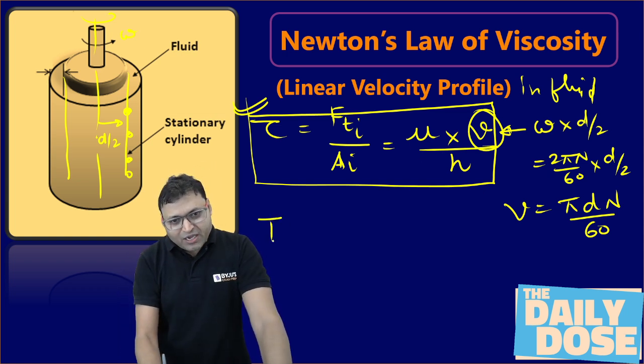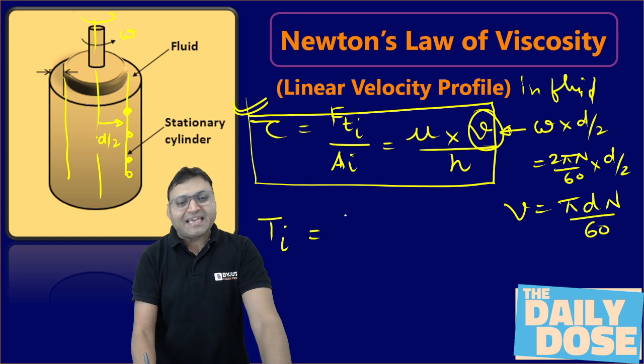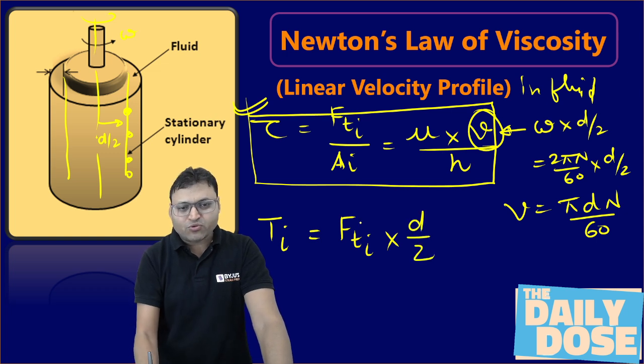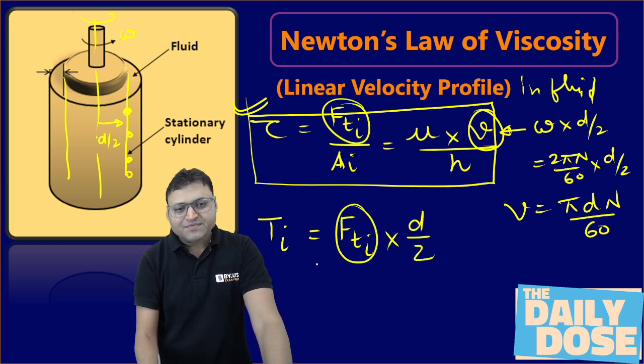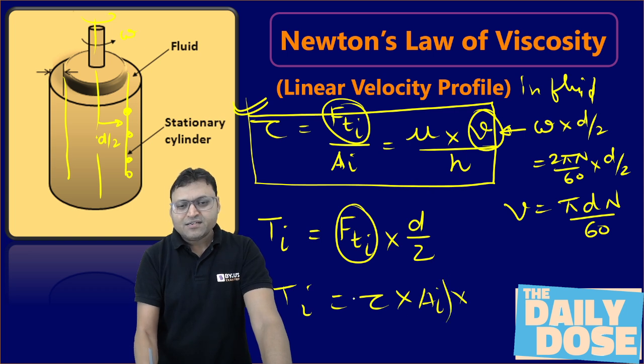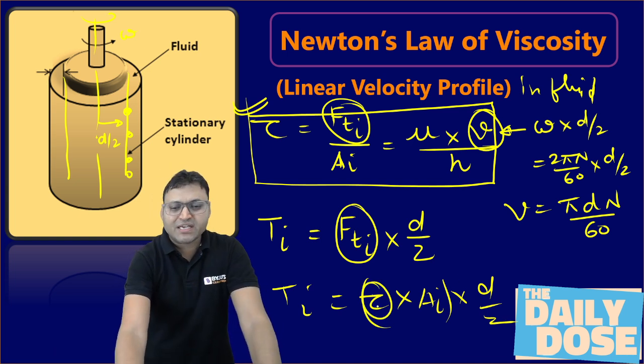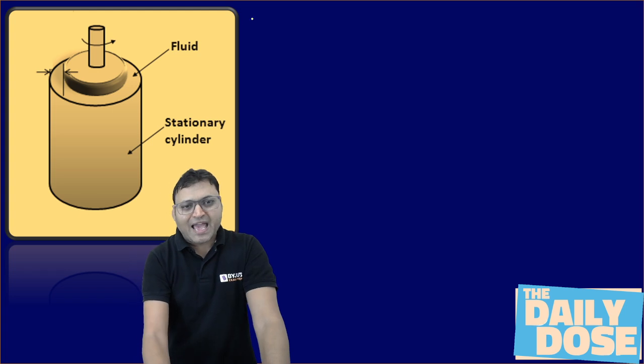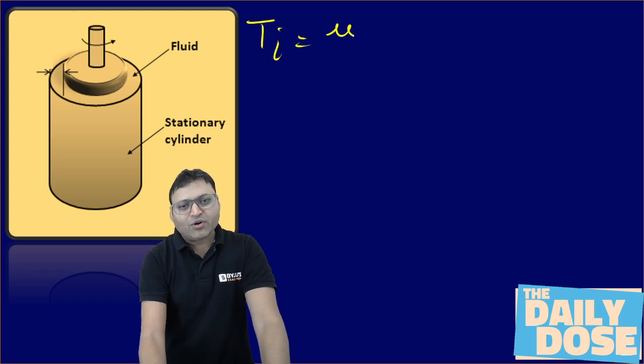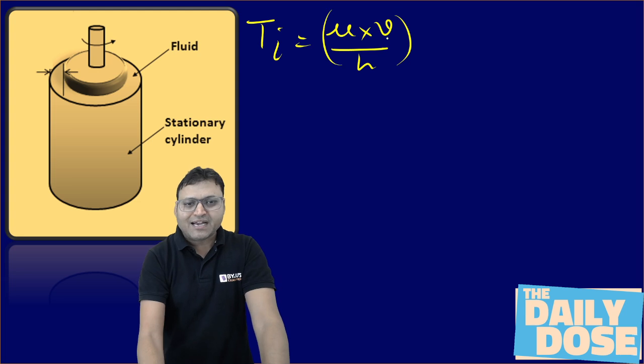The torque developed on the inner cylinder is equal to the tangential force acting on the inner cylinder into the perpendicular distance from the axis, that is d by 2. And how to write FTI? That can be written as tau into the area of the inner cylinder into d by 2, isn't it? And shear stress can be written by using Newton's law of viscosity. So the expression says Ti is equal to mu into V by H, that is the shear stress,